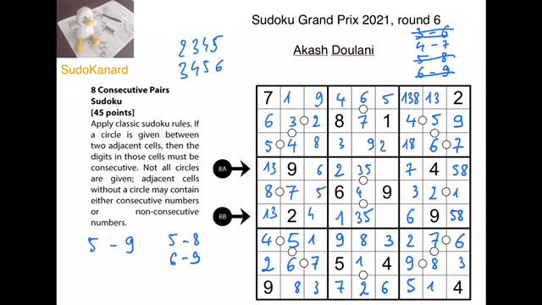And 7 and 8, let's just erase all that's to be disambiguated, and we will be done with this puzzle, which was very well constructed with a very clean solving path,